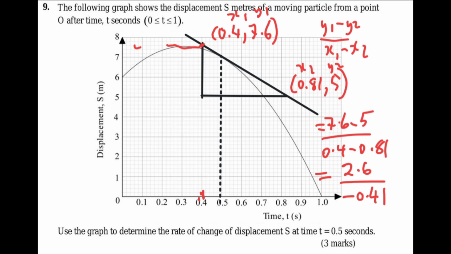If you divide 2.6 by hiyo, answer yetu itakupa negative 6.34, sawa. Negative 6.34. Now the real answer hapa yasema I think it's around 4 or 3, but kila answer iko na range